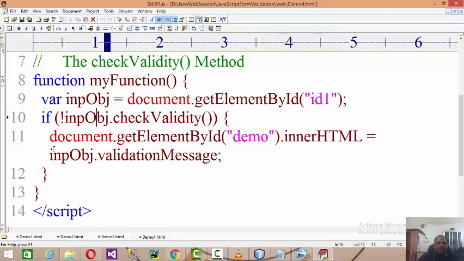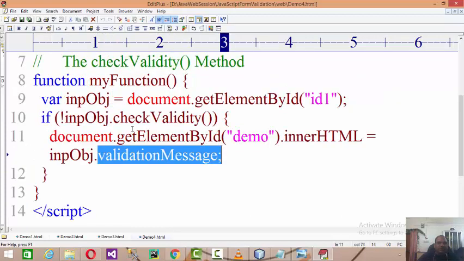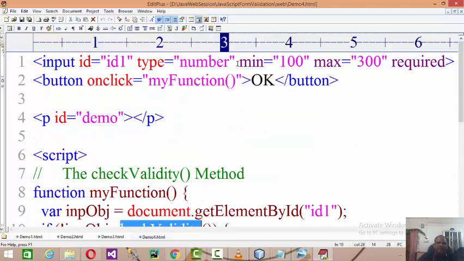Otherwise it will give the validation message, whether it is valid or invalid, and that message will be printed over here. So validationMessage is a message, checkValidity is a predefined method in JavaScript, and at the same time we have the attributes min, max, required, by which you can cross check the minimum range, maximum range, and the required condition.